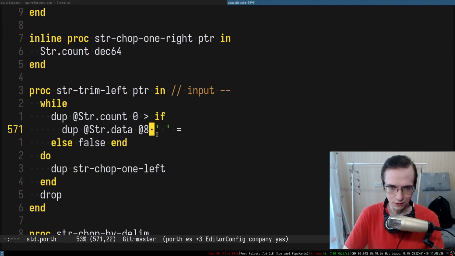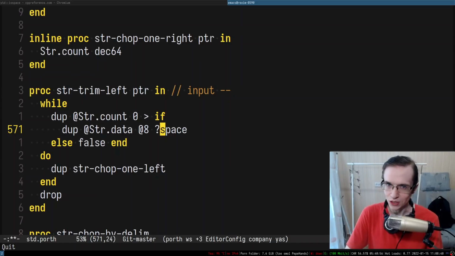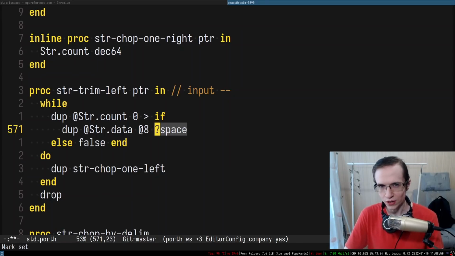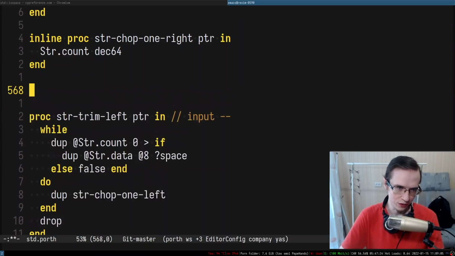So instead of just comparing this entire thing to white space, let's introduce a function called question mark space. By the way, question mark in Porth doesn't have any specific meaning. It's just a regular character, and you can use it within the names of variables, procedures, and stuff like that. And as far as I know, in Forth there is a convention: if you have some sort of a predicate, it usually starts with a question mark, but I'm not sure. I never really programmed in Forth, I only heard about it. But we're going to use this convention in Porth anyway.